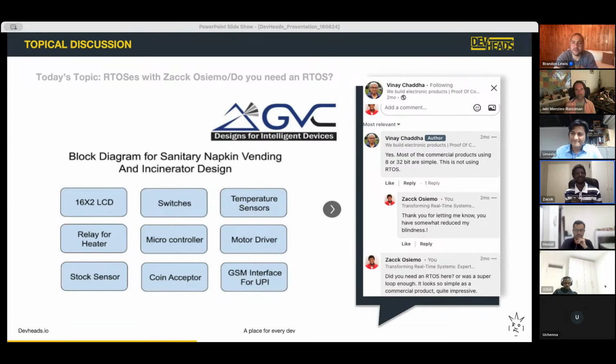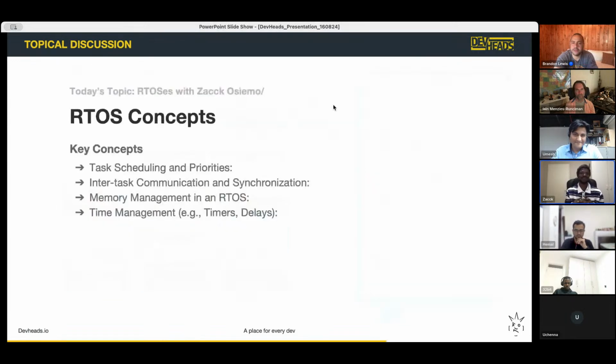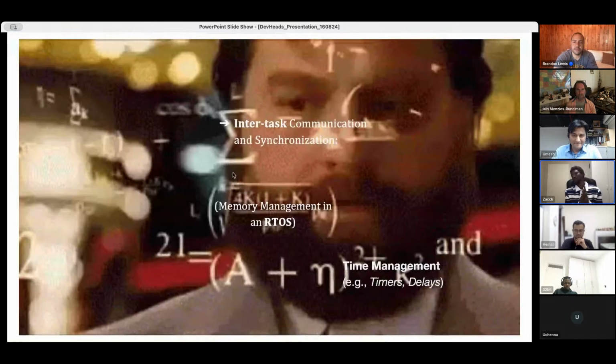Okay, the next one. So, cool. Now, you can jump to the next one here quickly, because it's the same thing. The first time I saw this list of things, this is how I felt. We're talking about inter-task communication. What are tasks? We're talking about memory management. Why do I need to do that? You have a memory management unit. You're talking about this time management. There were so many confusing things.